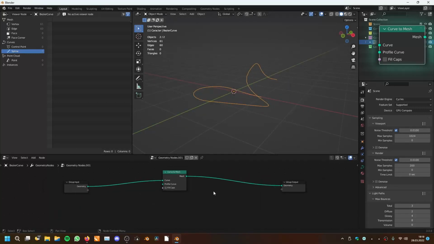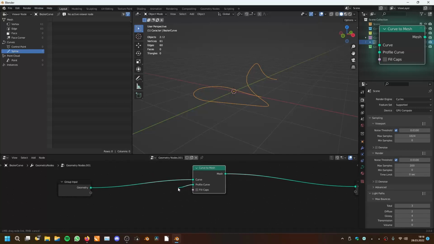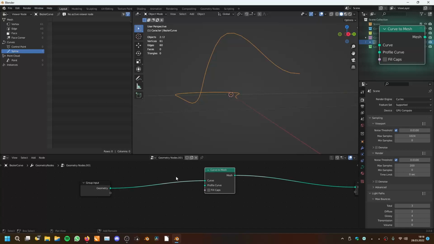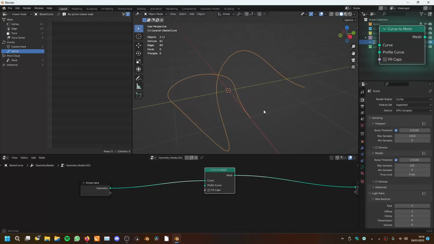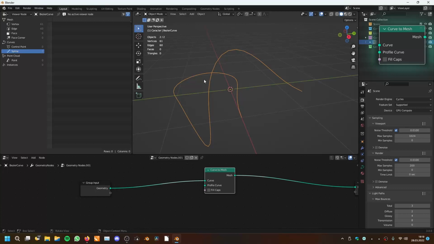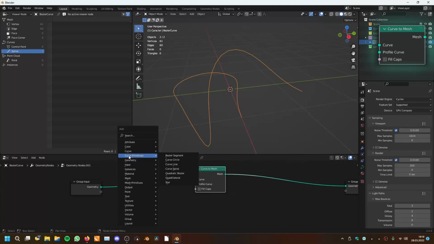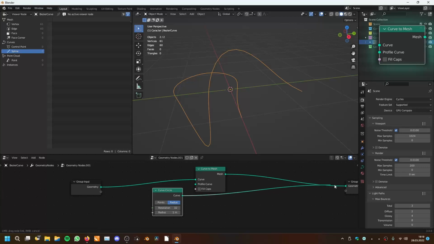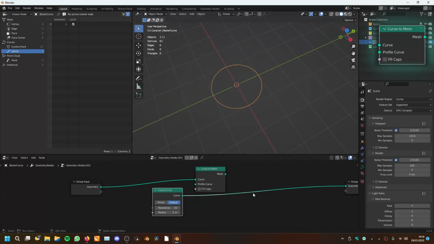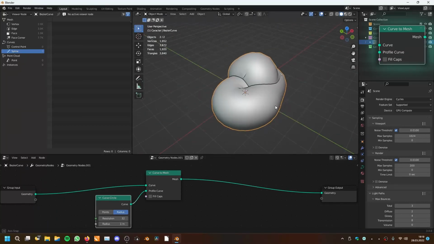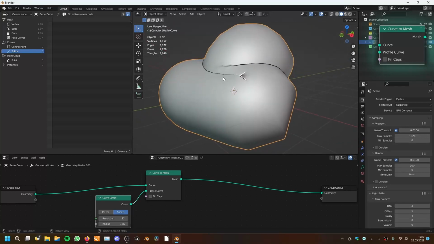And this node has another cool side effect because it has a profile curve. And this gives us a way to use another curve primitive to define the shape that gets wrapped around our curve. So let me show you. In the curve primitives, we have the curve circle. And if we would preview this, it's just a basic circle. And if we would use that circle now on our mesh, you can see that looks hilarious, but that's because